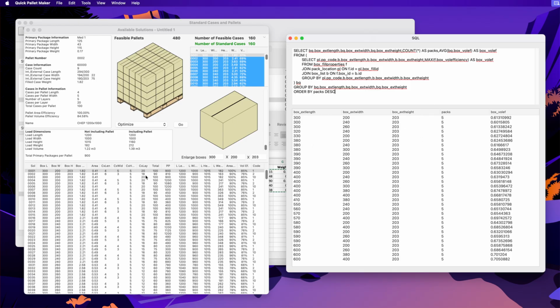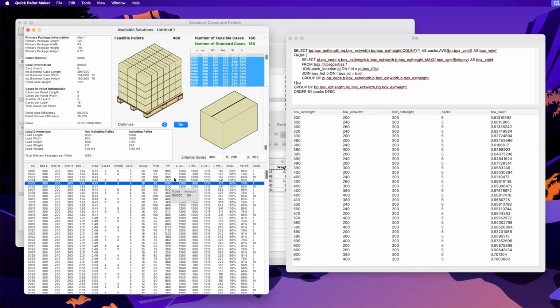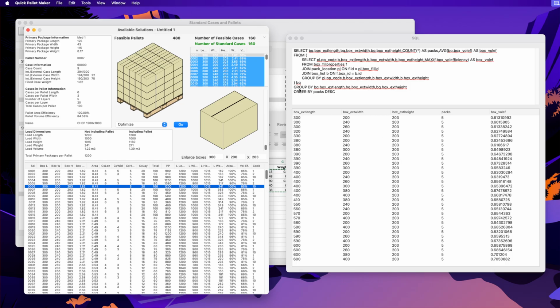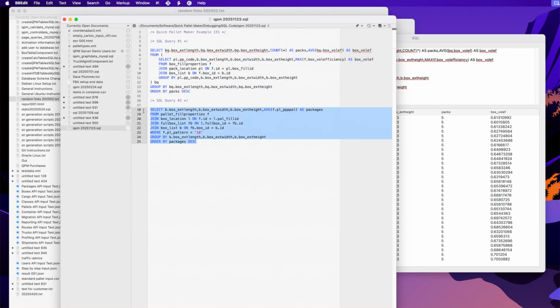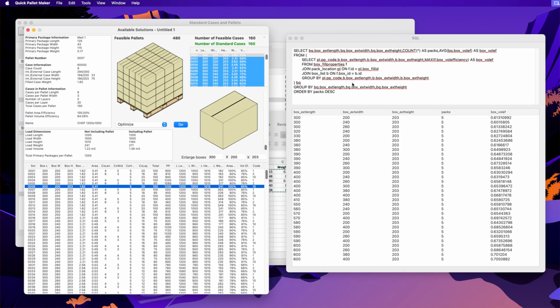which are the box types that provide the most amount of packages per pallet. So we see here, for instance, in this list, we have one that's 1080, 1200, but we're also talking about different primary packages. The primary packages have different sizes. So we can average that using another query. Okay, just copy it, paste it,